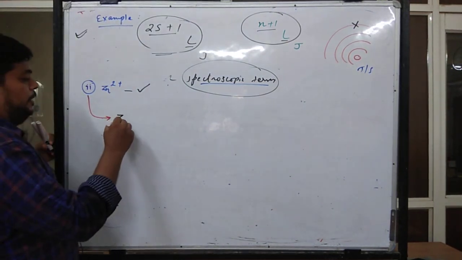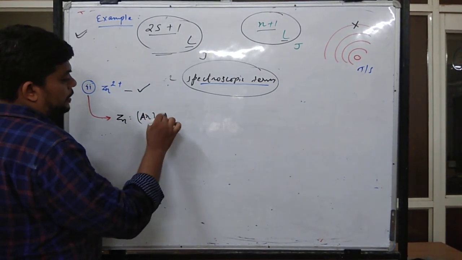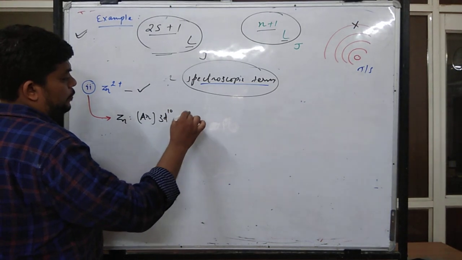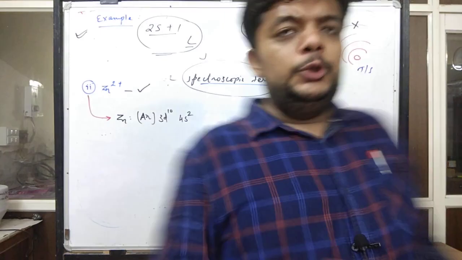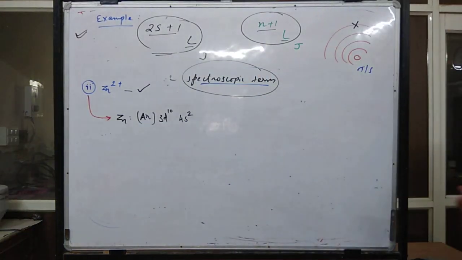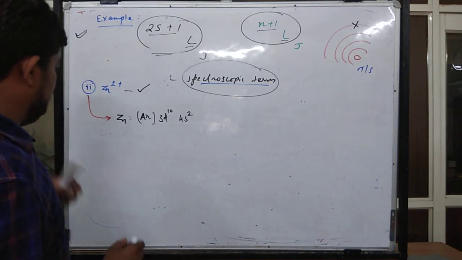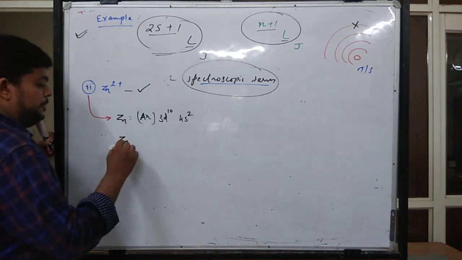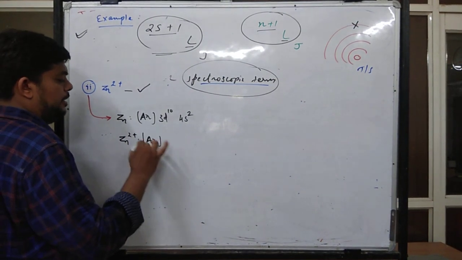So here, first of all, I will just go for zinc. So it will be argon 3d10 4s2. From here itself you can judge something that is very lucrative, although let us convert it into Zn2+. So while just shifting from Zn to Zn2+, I will very clearly mention argon